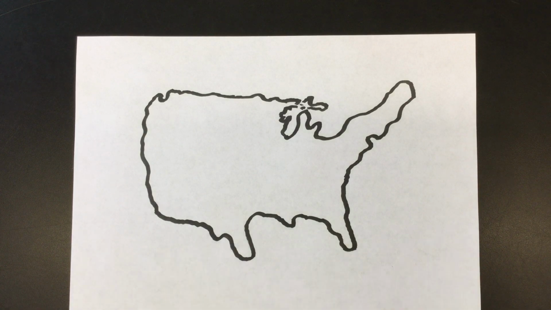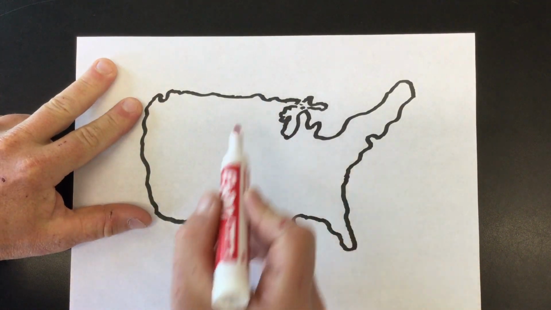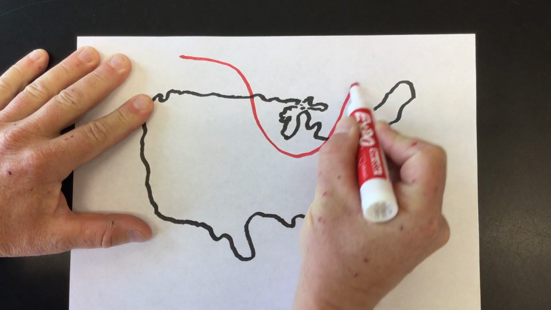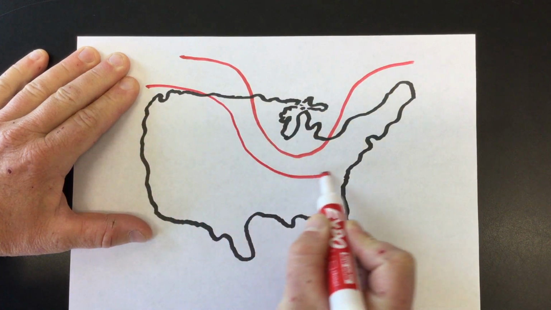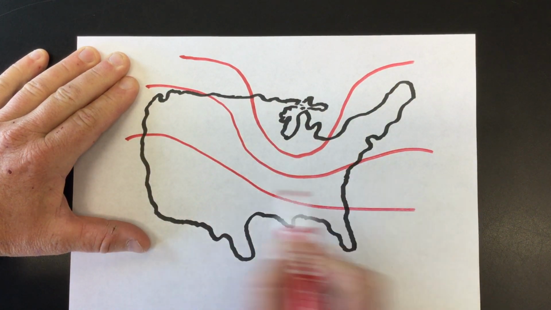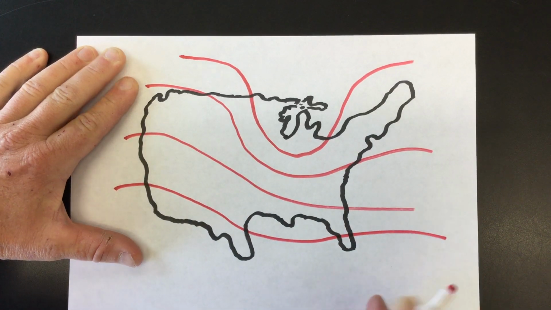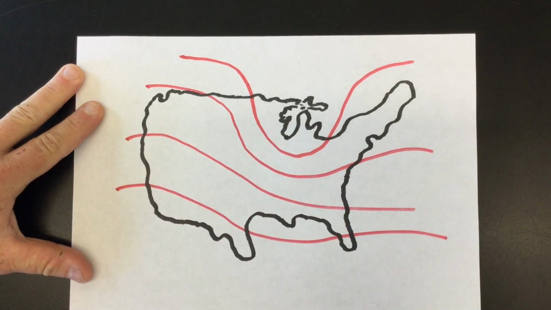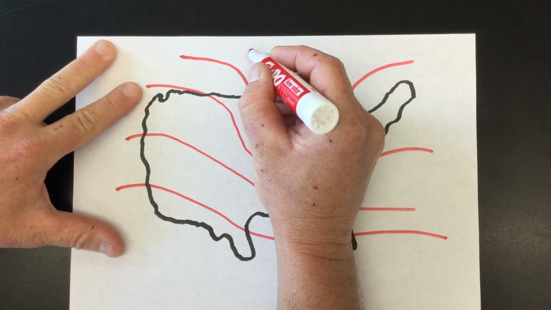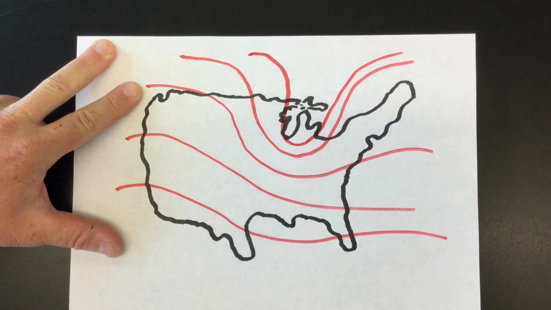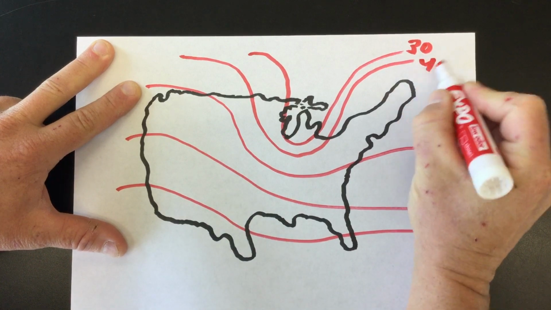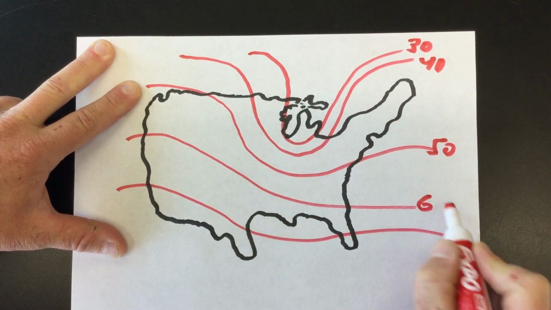And so, ever since I was a kid, the weather map pretty much always looks like this. If you draw isolines of various types, we'll draw a few here. So most of the time, the weather map with the isolines looks something like this. These isolines can have different meanings. What they often are is lines of constant temperature. So maybe just for fun I'm going to add a little bit more here. We'll do that. So these are often lines of constant temperature, where maybe this is 30, 40, 50 Fahrenheit, 60,